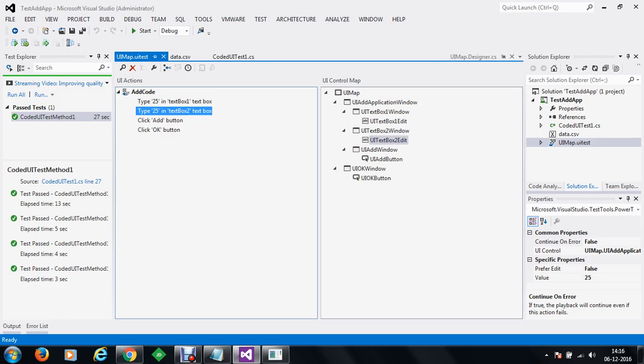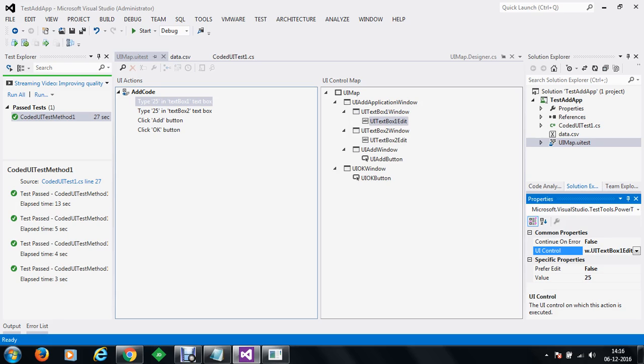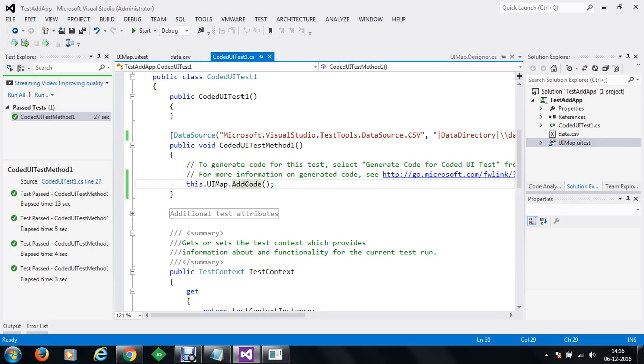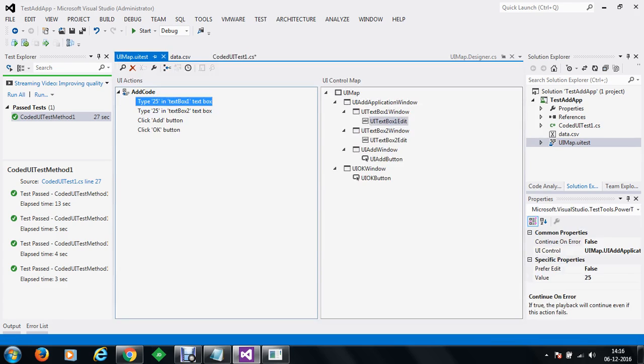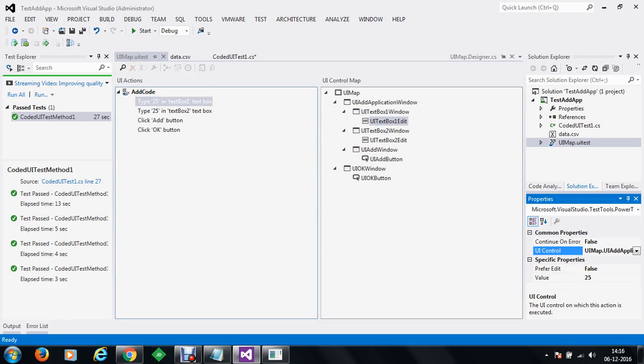So now we have to modify this 25 value automatically for these specific controls. For text box 1, the name of the UI control is UI application, UI text box 1 edit, and the value has to be modified. So how to modify the value, let me just quickly guide you. Just before the add code is done, first you need to insert a value for UI item 1, and that is your text box 1. So the name of this text box control is, let me just Control A to